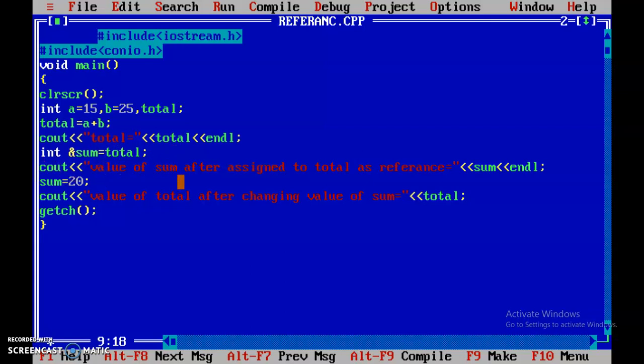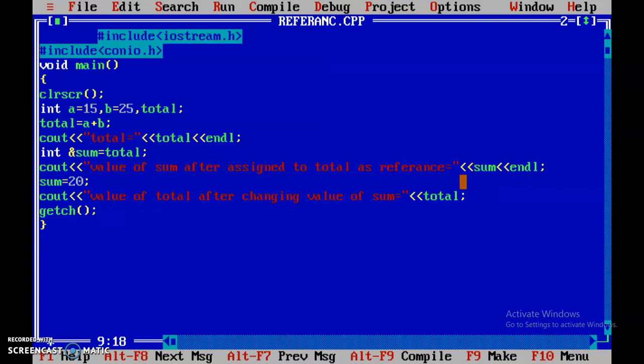So in the next line we output the value of sum after assigning total as a reference. That means the total variable is assigned the reference name sum and then we are using that reference name to display the answer of the addition. That is, we are using the sum variable.